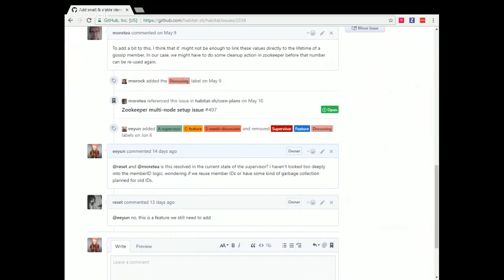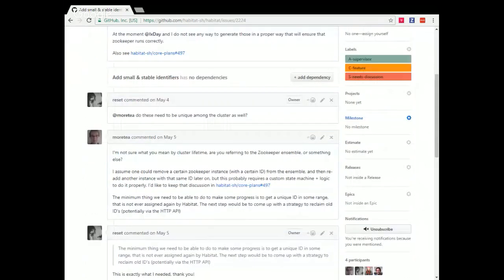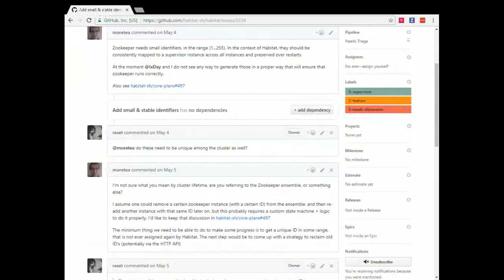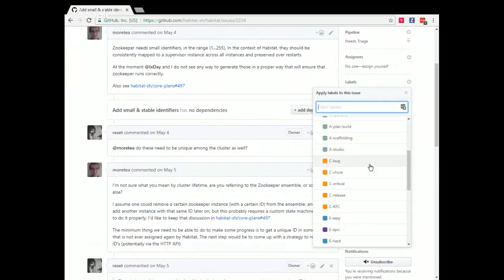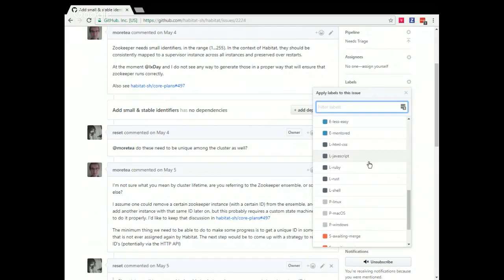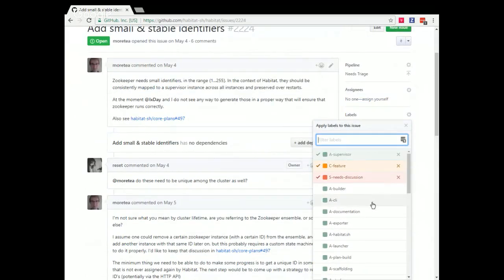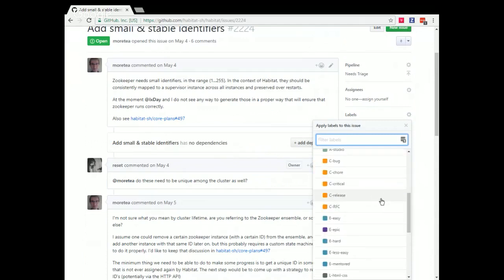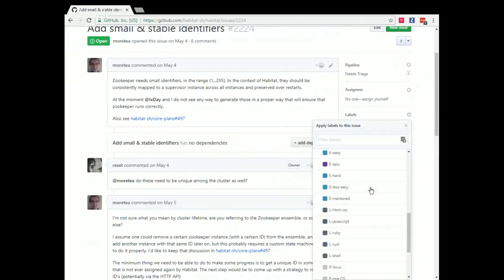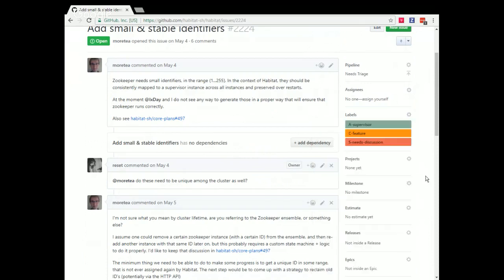So for now, I think that this is probably something that we can support and should support. I'm guessing this is going to be, yeah, it's already flagged supervisor related. And I think for now, this might be a little bit more of a complex change.